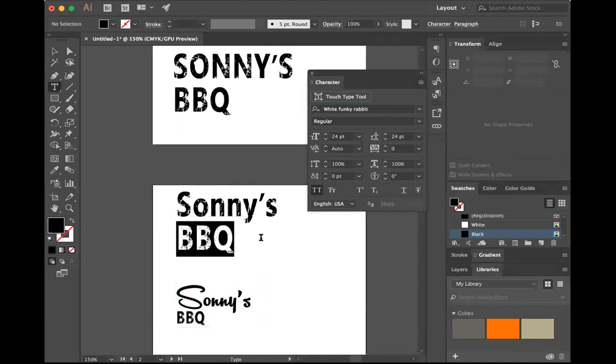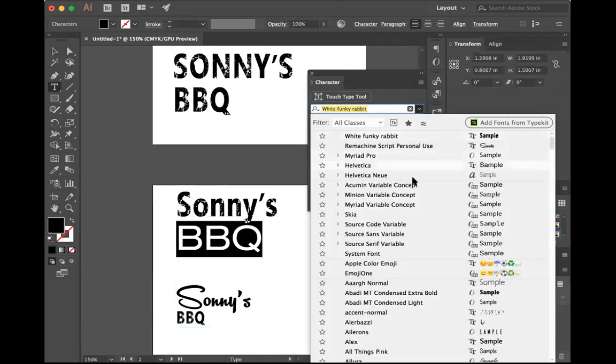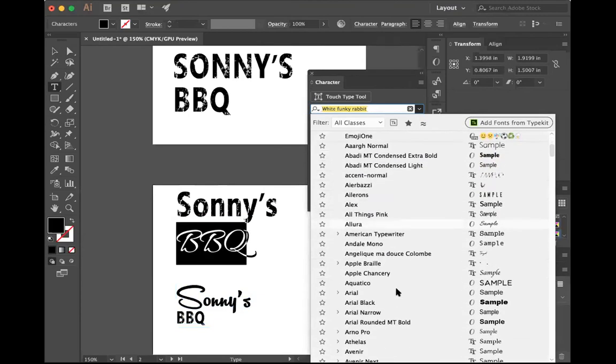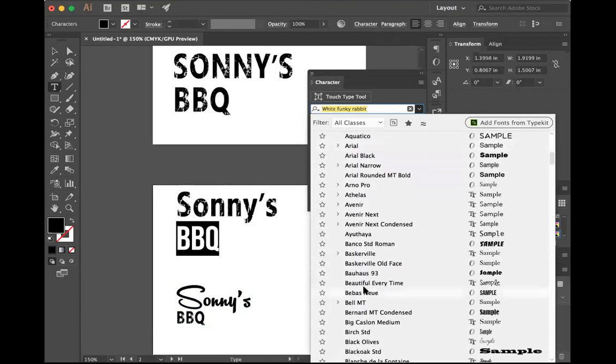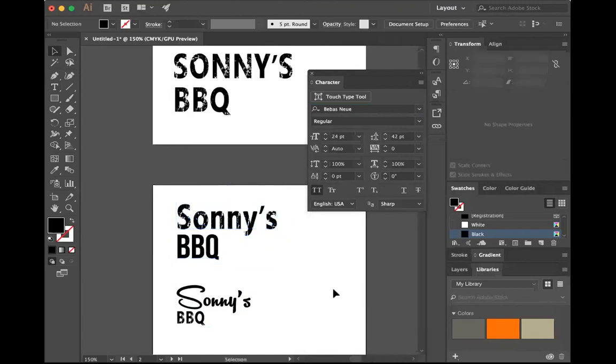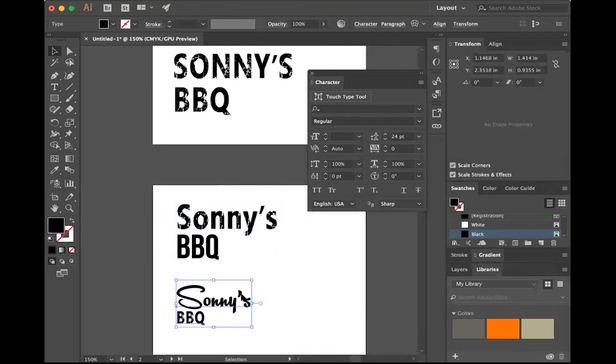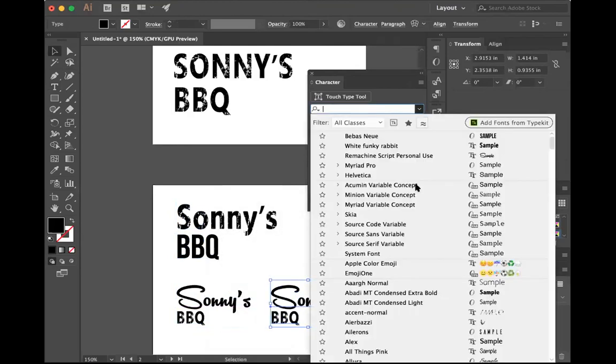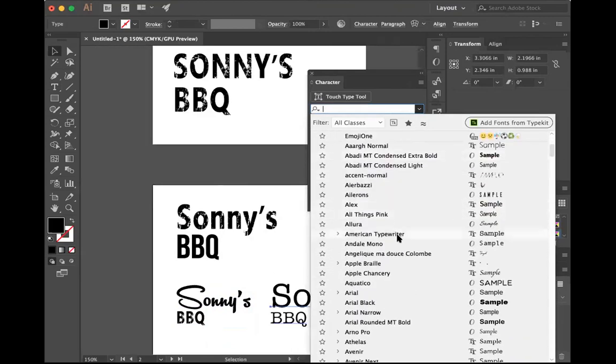Say if you want to change the other one so that you have a more dynamic look, you can do that. Something like that would work well together. And then you'll have to figure out alignment and all that next. But basically what we're doing is playing with typefaces, trying to figure out what's the most appropriate. I don't know why the other one didn't download. That was a nice one too.